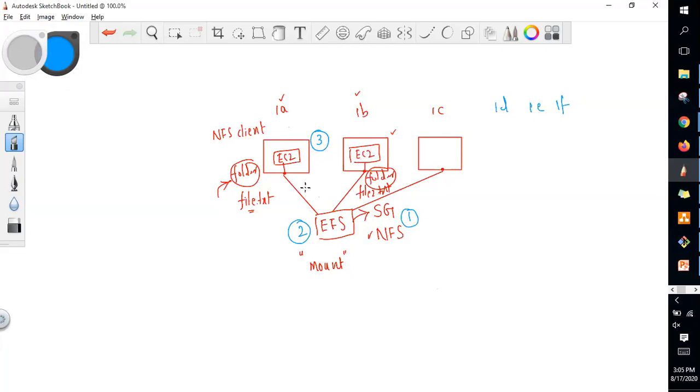The fourth step is installing the NFS client and mounting. Once I mount it, I will create files as a fifth step. And we will see the same data from both the instances because these instances are sharing a common volume called EFS.